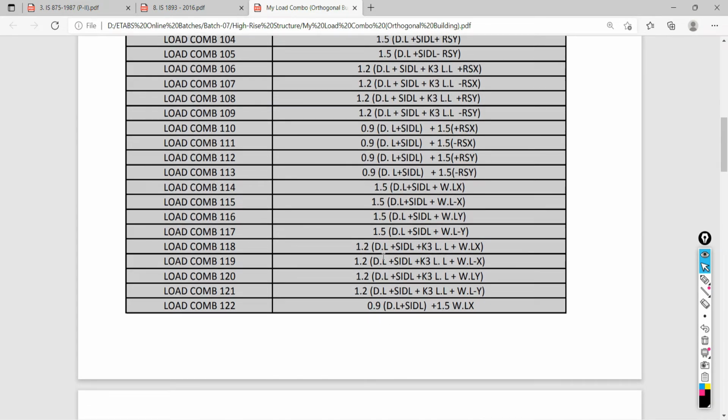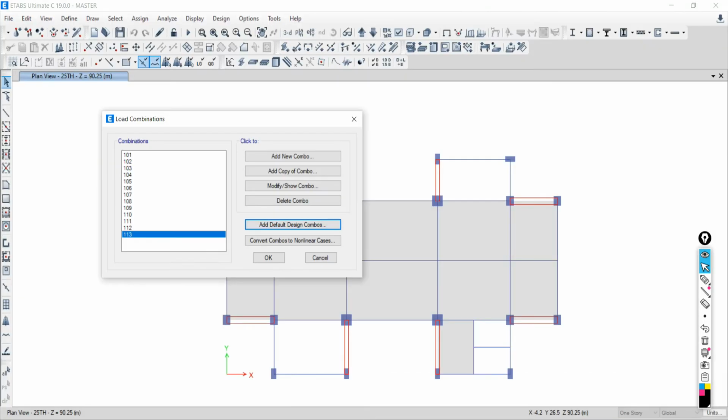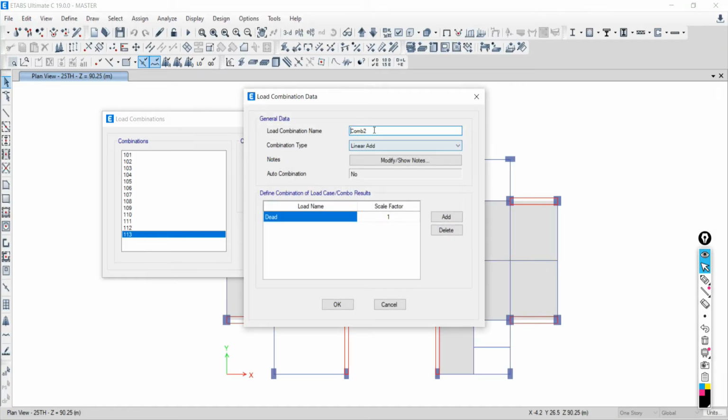Now next, all this is for your wind load. Fastly we have to move. Just go to add a new combo, write the label 114 and say add. Dead load will be there, SIDL load will be there, and it will be 1.5. Enter 1.5.